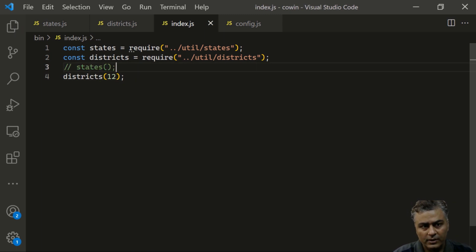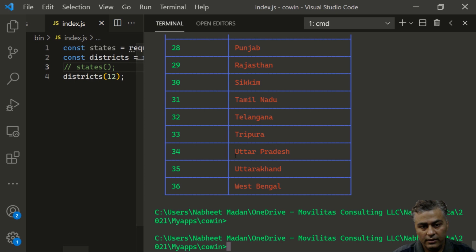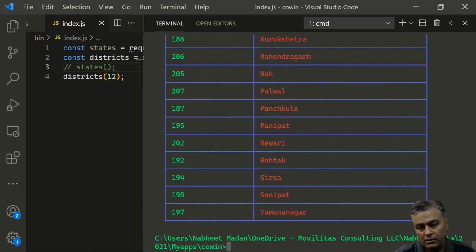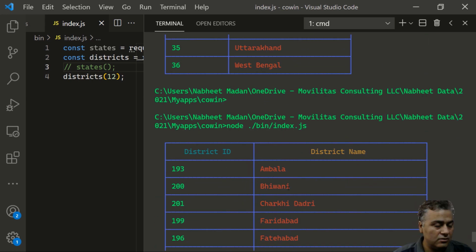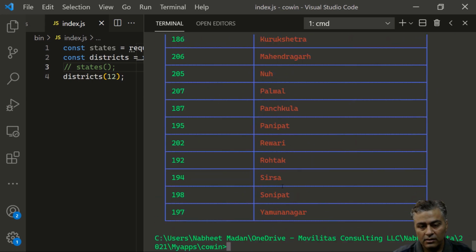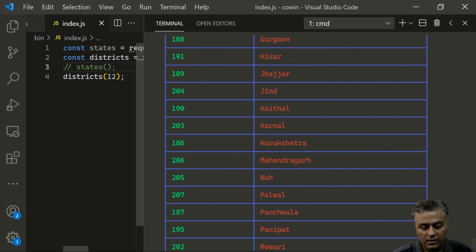Okay, so first we will have a table now of states. Maybe let's just comment it. It shall directly show us all the districts. Okay, earlier it was states. Now let's just run it, and yes, you see these districts, Charkhi Dadri, Ambala, these are all districts in my state Haryana. And if I just uncomment this also, and if I run it now,